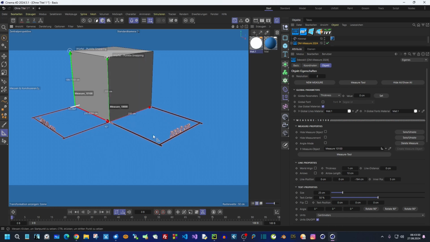As you can see, when I hide this measurement, this measure object has no impact for render, it's just for the measure object. But when I hide the measurement,